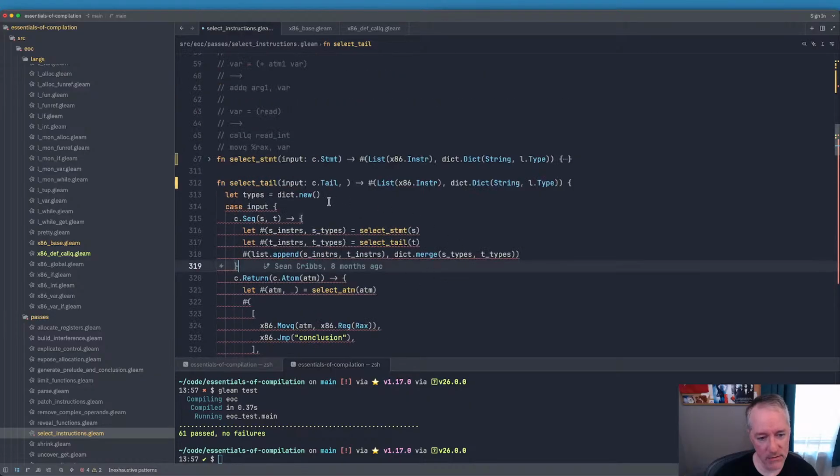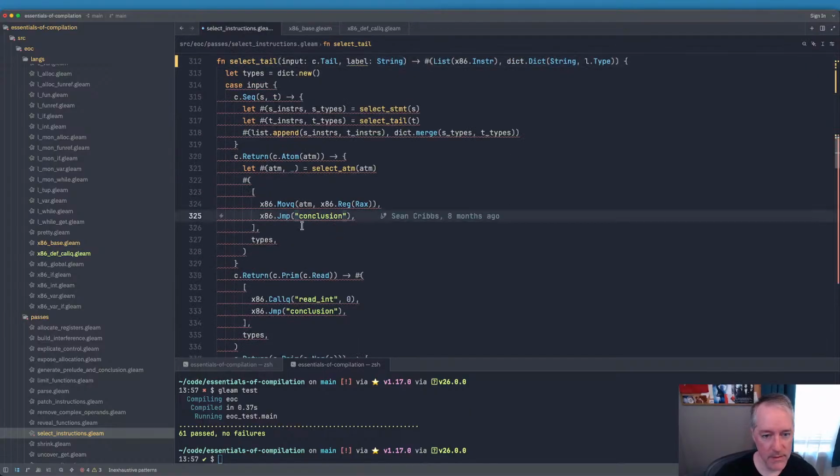It's just main conclusion. Okay, so the definition or the label is a string, and this is label